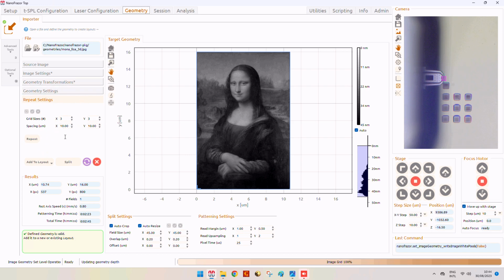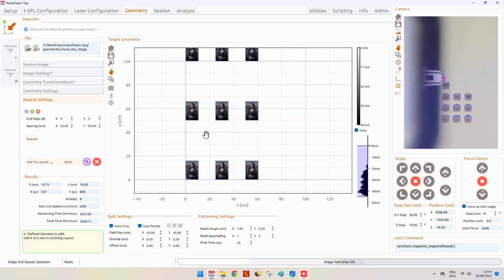Ultimately, we can also change the repeat settings function. So in case we want to make an array of Mona Lisa, let's say we have a spacing of 25 by 50, and we make an array.